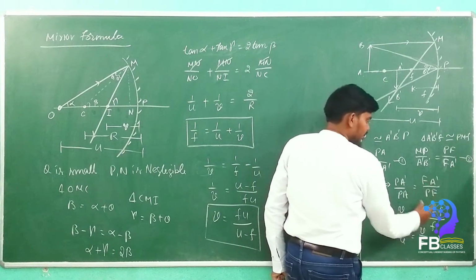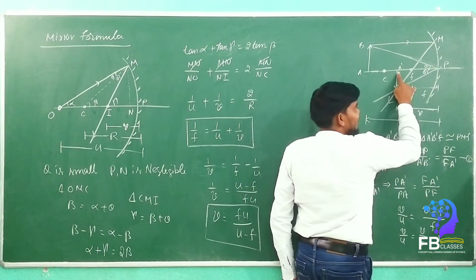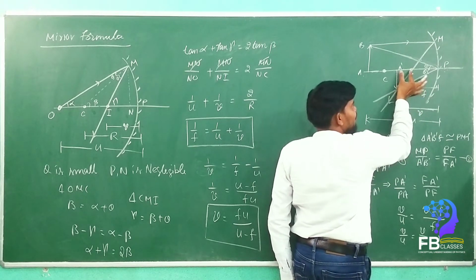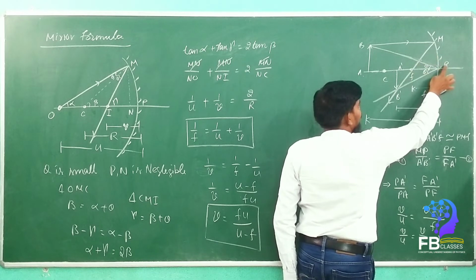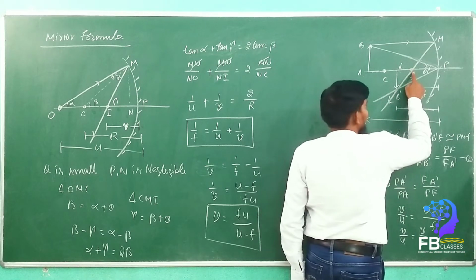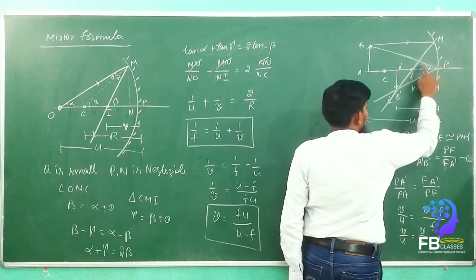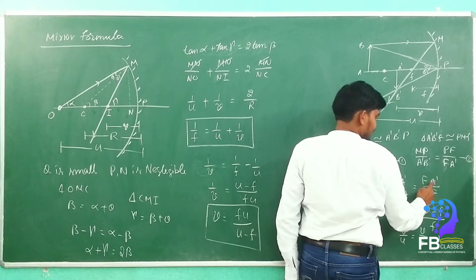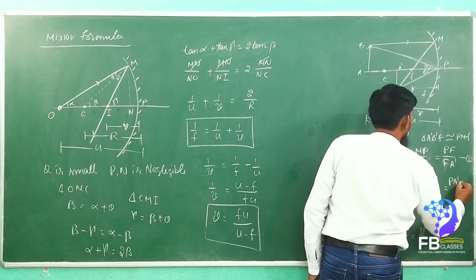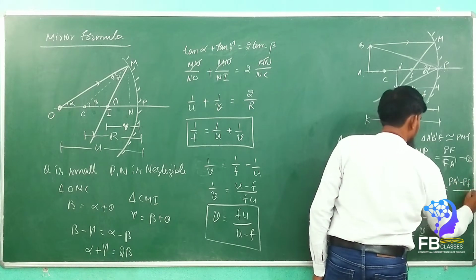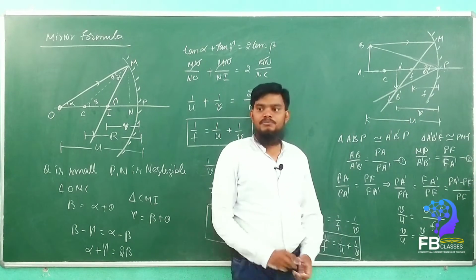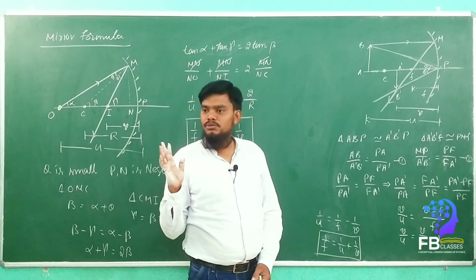So what we wrote here, FA dash is nothing but this distance. How did we take this distance? We took PA dash, this total distance, minus this distance. If you do this, the same distance will come. So that's why FA dash is PA dash minus PF. If you want, you can write PA dash minus PF by PF. So this is the value, we put it here. Are you getting my point? It is very easy, right?